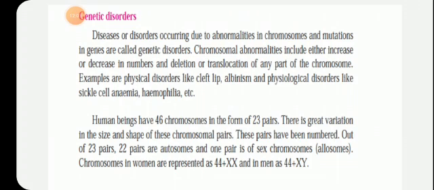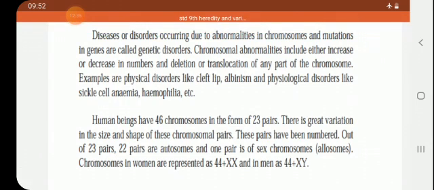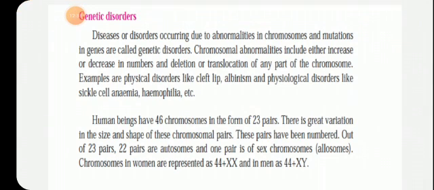Now children, I had explained to you about the genetic disorders. Are you clear? Genetic disorders occur due to the abnormality in chromosomes, that is, change in the number of genes, or it may occur due to the mutation in gene, that is, change in the structure of the gene, that is a mutation. Okay. So, first of all, we are going to study the chromosomal abnormality, that is, increase or decrease in the number of chromosomes. Maybe more, or some part of the chromosome is translocated to the other part, so that is also causing the disease.